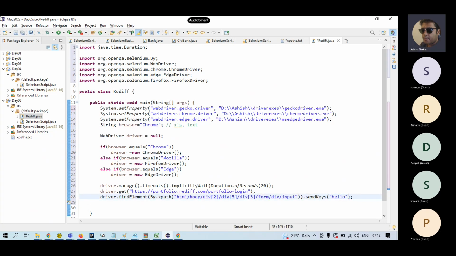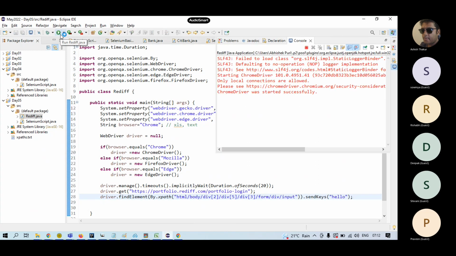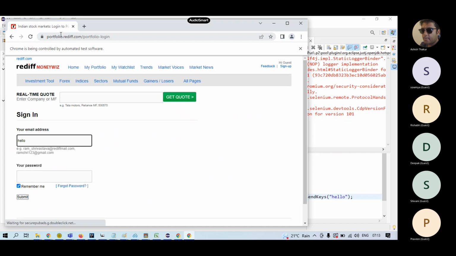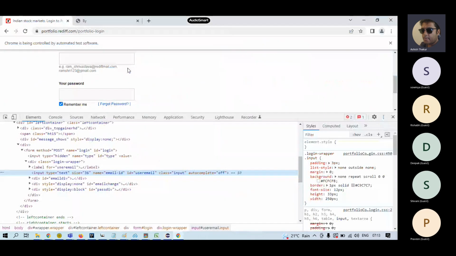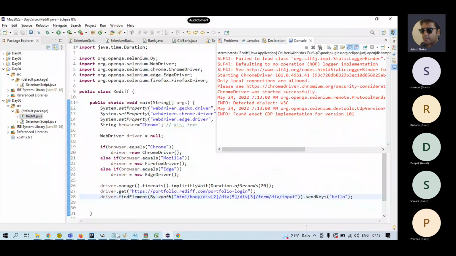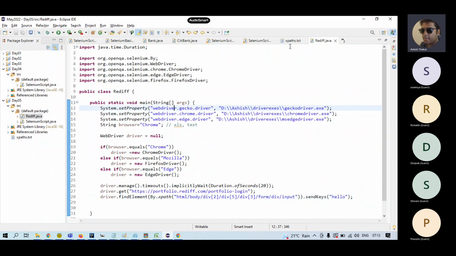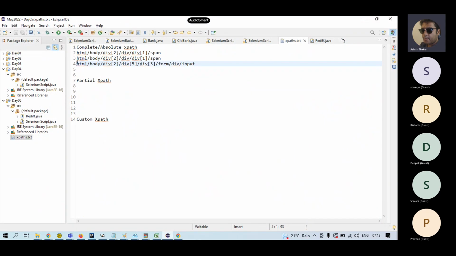So when you run the code, you see that it goes on the web page and types hello. So you can use the full XPath. The full XPath is actually very accurate. Okay, it is very accurate because it starts from the root of the document and it ends up at the element. But we don't prefer to use this XPath because if something changes in the application,